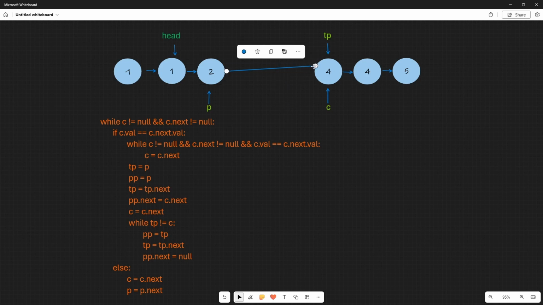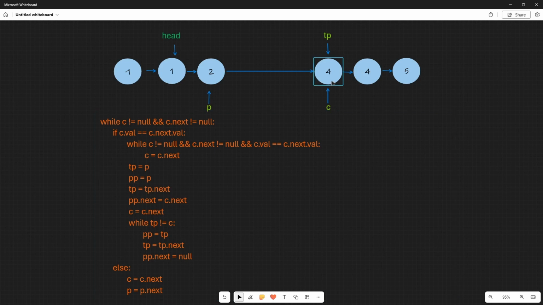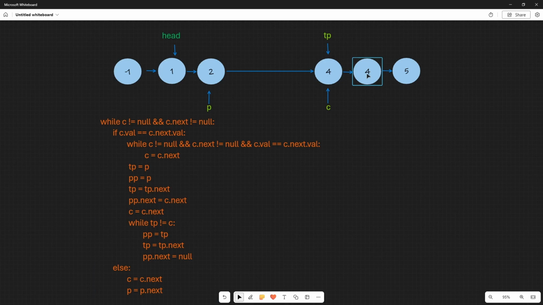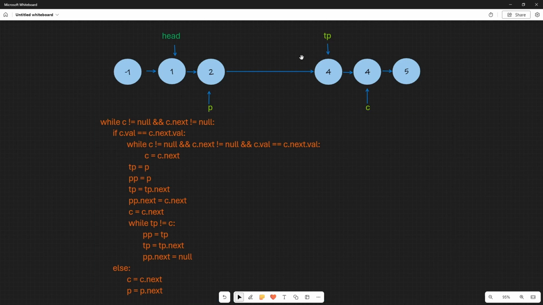I'm going to move this down just so it looks better. Okay, so now we're checking to see if the C is not equal to null and the C.next is not equal to null, and is this value equal to that value? It is, so we move this forward as long as the value that it's pointing at does not equal the next value that it's pointing at. So this value does not equal that value, so it stops, and then now we have the TP goes to where the P is,